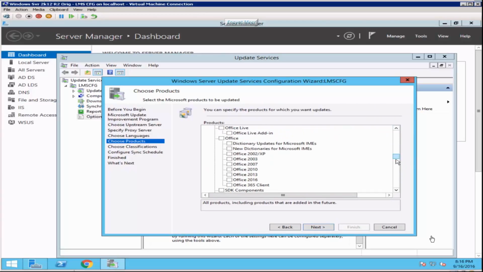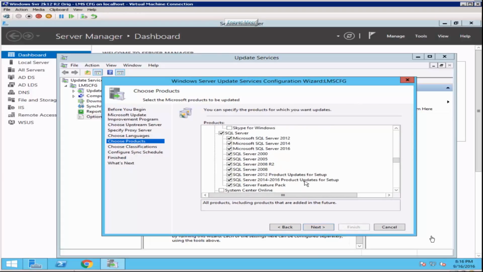I really don't have to do that, but just to let you know, in case you are separately using a WSUS and you want to configure it, what products you are running in your organization, you might want to install updates for those products only.